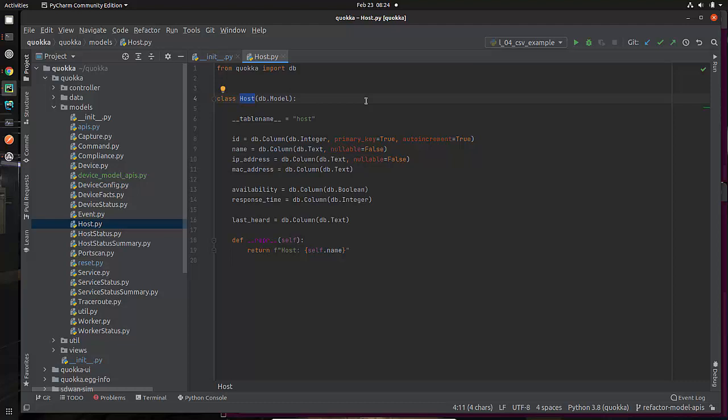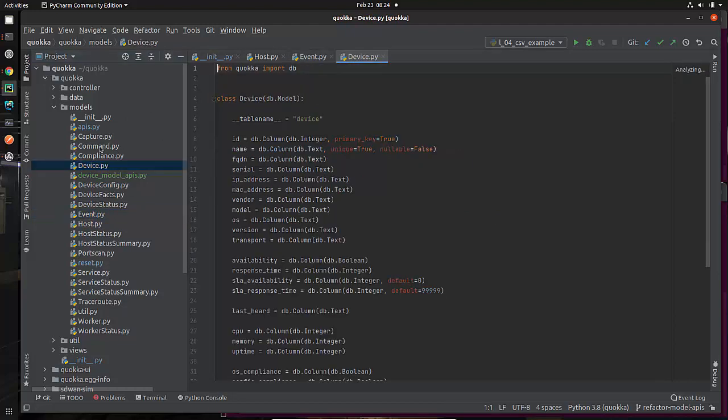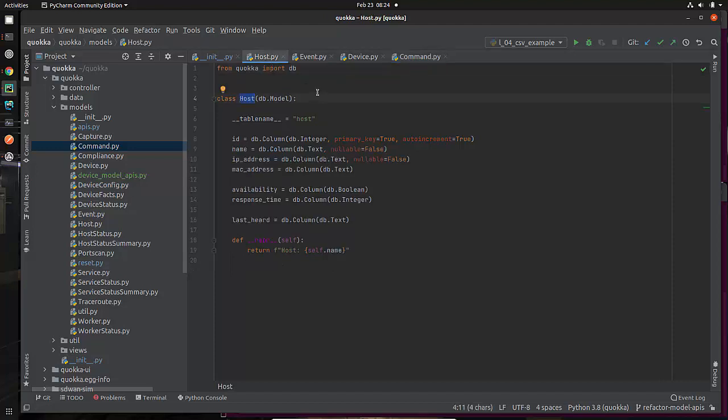It's all magic that's done by SQLAlchemy in the background. If I were to go and look at all of these, whether it's events, you're going to see db.Model device, db.Model command, db.Model. These are all tables in the database, and I am inheriting from them for every one of my SQLAlchemy classes. We've gone through this a little bit before, so I'm not going to belabor it, but